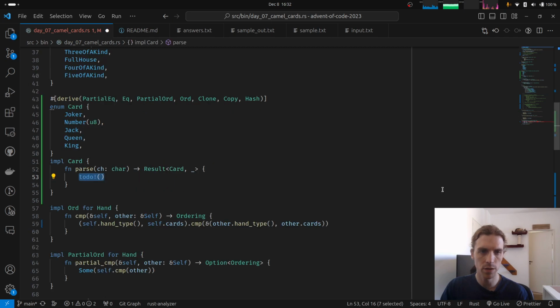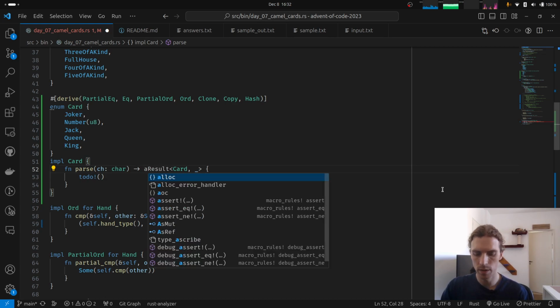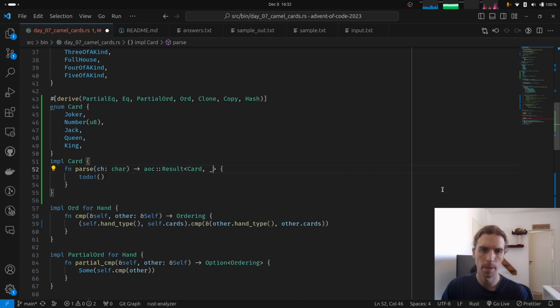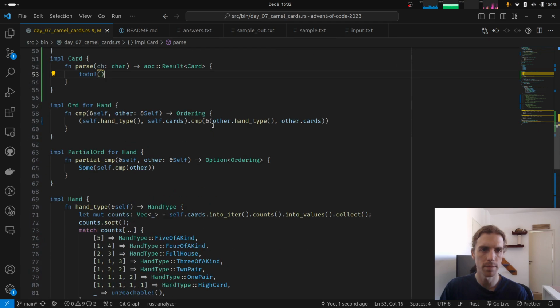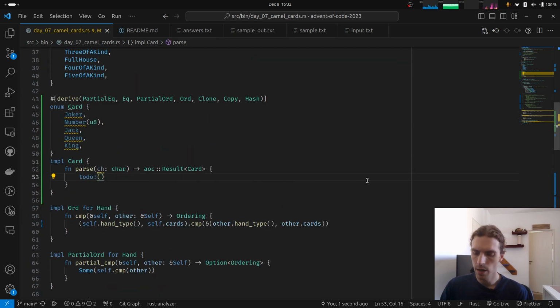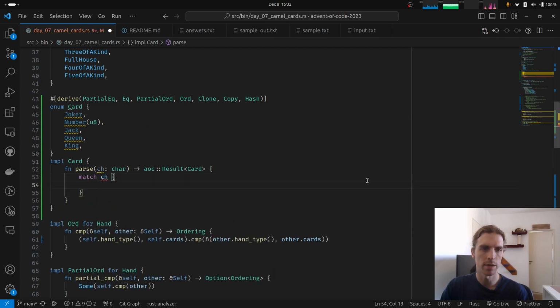So please generate this function. Look at this, it generated it with almost everything that I want, except that I want this to be an AOC result. And that's it, right? This now compiles, sure. Now, how do we do the parsing? Well, it's going to be a matter of just matching the character. So when parsing, we are going to interpret the J's as jacks, not as jokers, to have the part 1